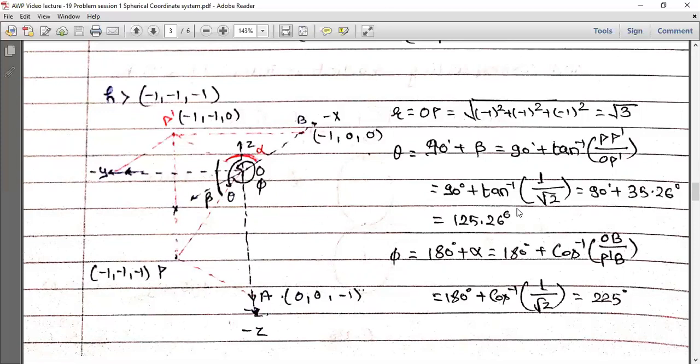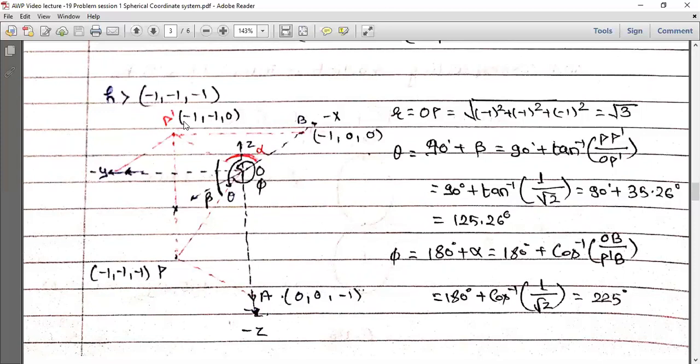Okay, this is theta. Now think of phi. What is phi? Very simple. To find phi, we draw the projection of point P on the xy plane, that is point P dash. Phi is the angle between OP dash and the positive x-axis. This line is the positive x-axis, and the complete angle from the positive x-axis to OP dash is the phi angle. As we had already discussed in the last part, this phi is greater than 180 degrees. So we can write phi equal to 180 plus alpha, where alpha is the angle between OP dash and the negative x-axis, as you can see.